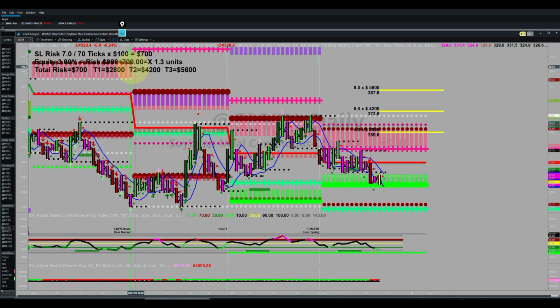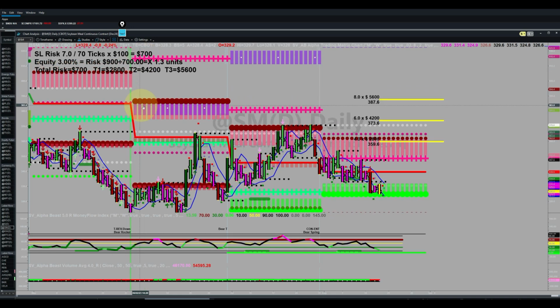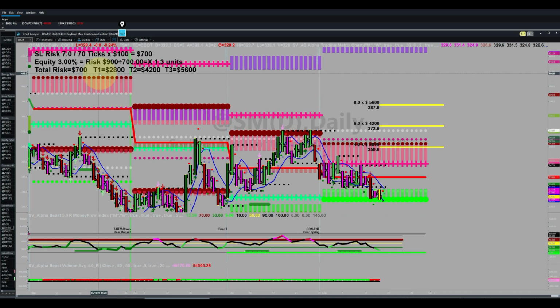So you can see, if you look onto the top of the screen, SL stands for stop loss risk. It's 7 points, 70 ticks, $100 per point. It is $700 risk. And using a 3% equity, which is $900, you can take a trade with 1.3 contracts. So you round it down to 1, and you can take one contract, and this is your profit target